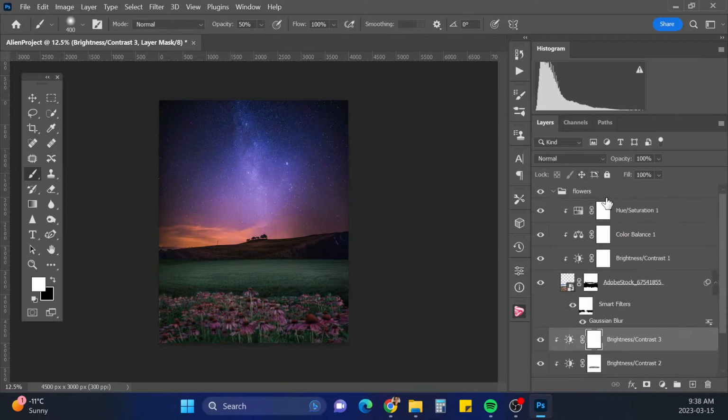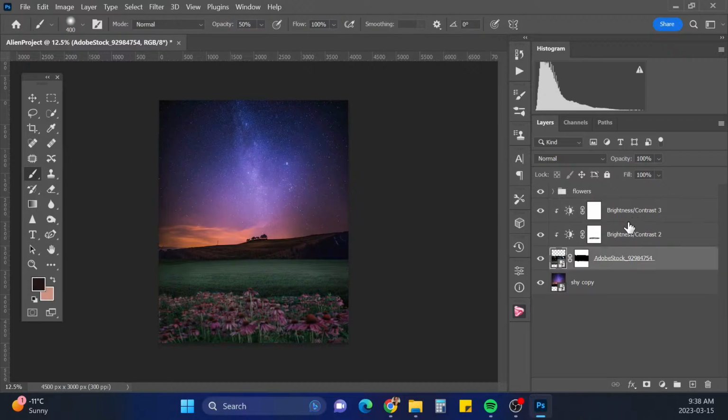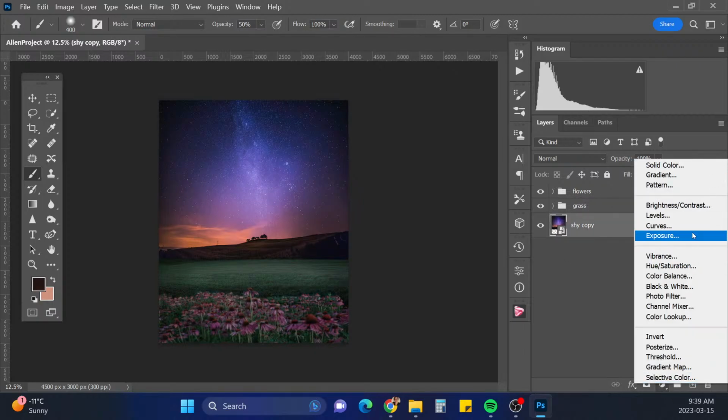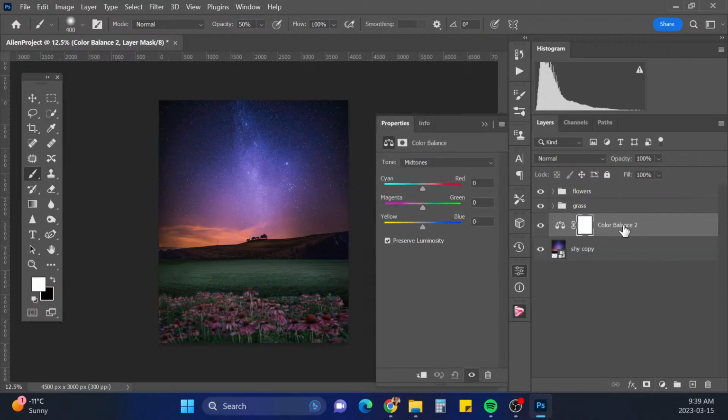Alright, and on the sky layer, let's put this in a group. Call this grass. The sky layer, let's go to our color balance, clip that to that one, and we really want to bring more of the cyan in there, a little more blue, a little more green.